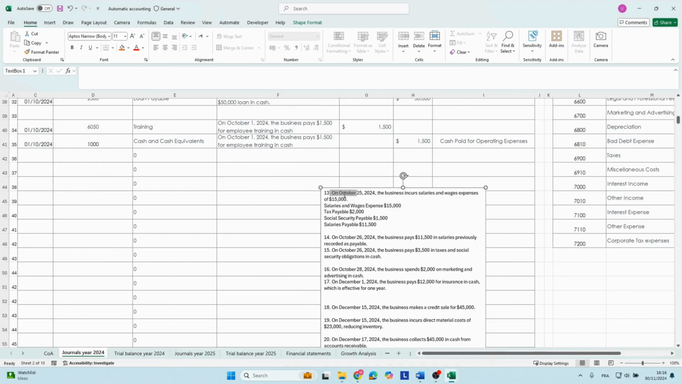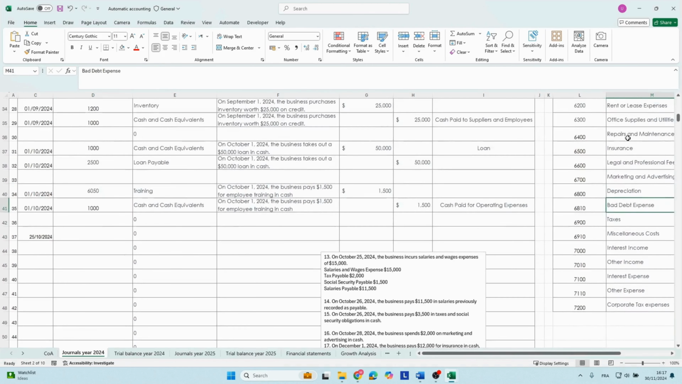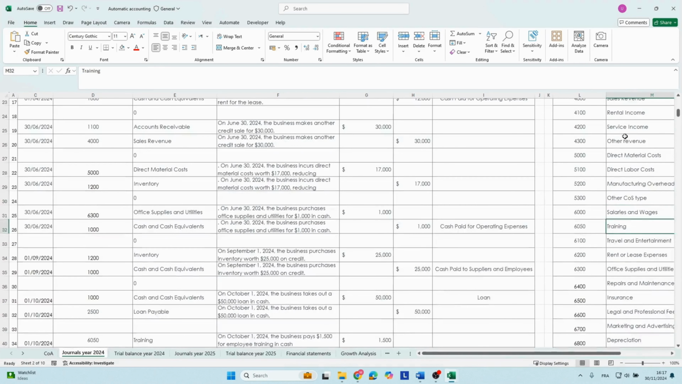Next, on October 25, the business incurs salary and wages expenses. So we have salaries for 1,500. This is gross salary. Then there is tax payable, which will be paid to the authority next. We have social security, and the net salary for this employee is 111,500. So we will put the date. So we put the account for salaries. We check here in the operation expenses. So the account